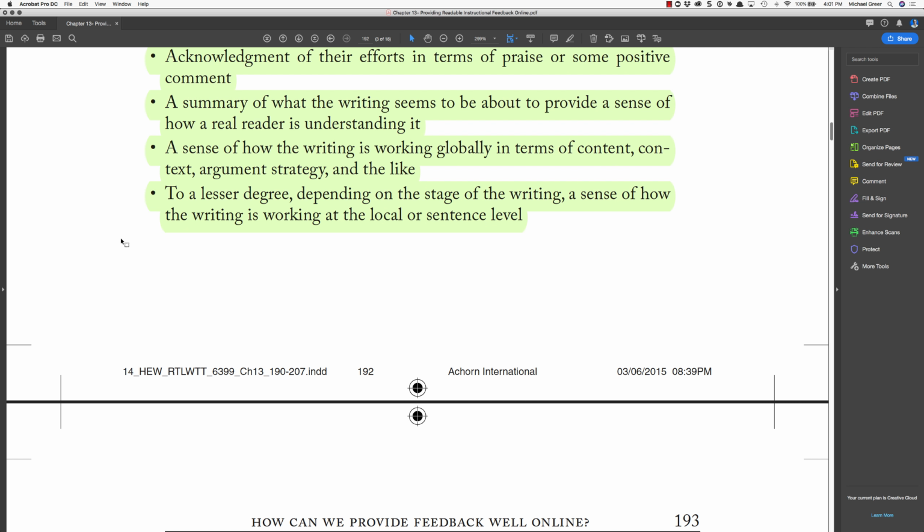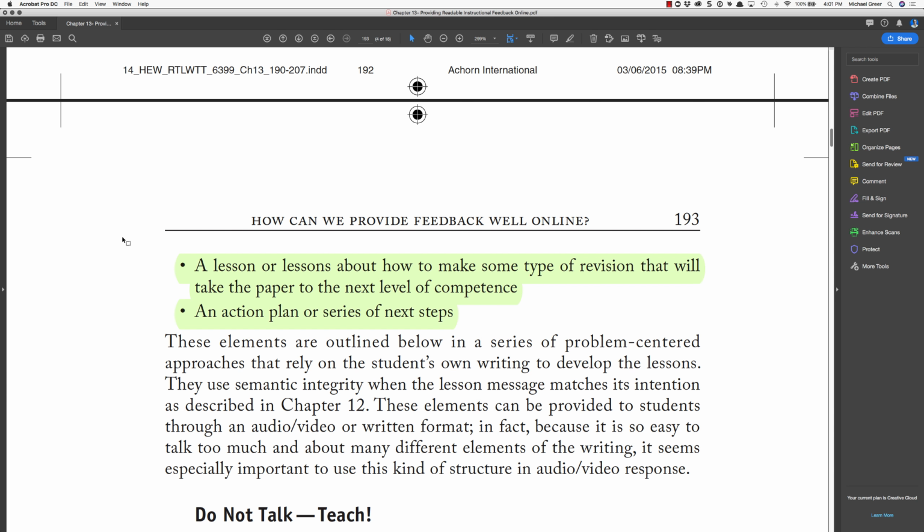And then, to a lesser degree, depending on the stage of the writing, a sense of how the writing, or in our case, multimodal, the composition, is working at the local or sentence level. Again, I can't say this enough. The global stuff is more important than the local details, almost always. And then finally,